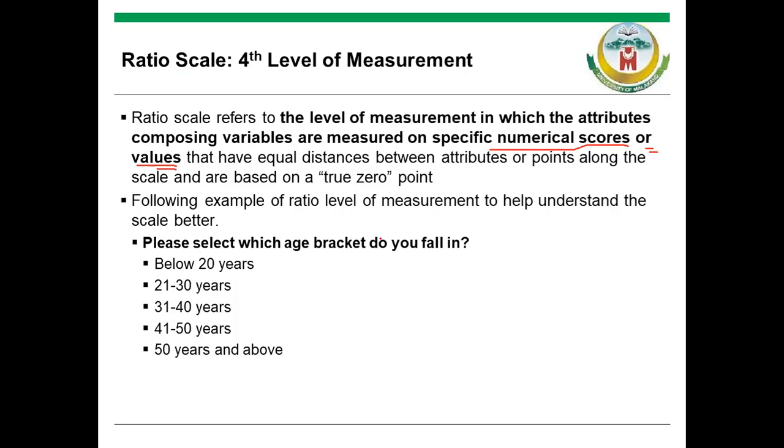Okay, for example, let's say we ask this question, please select which age bracket you fall in. Okay, below 20 years, 21 to 30 years, 31 to 40, 41 to 50, and 50 and above. So these are range values. There is no one specific value, but these are range values. And such type of labeling is called ratio scales, in which the response is a range between two values. Okay,